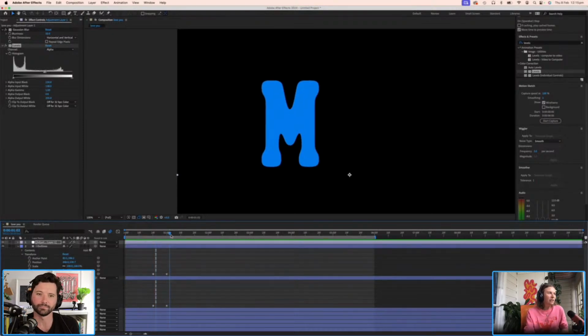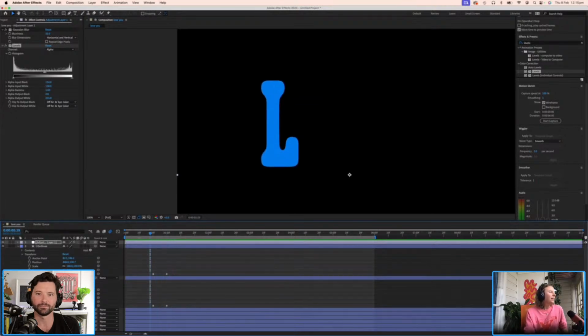But we're going from an L into an M, and there's very little DNA that's shared between these two characters. One's really wide and heavy at the top, and the weight distribution is completely in the opposite area with this. But this is just a really nice way of working around that transition. Yeah.